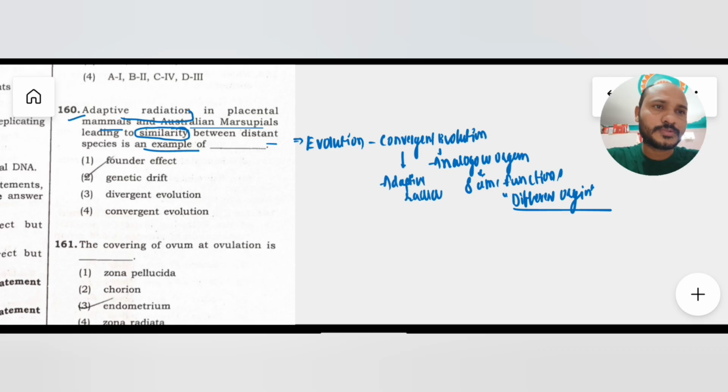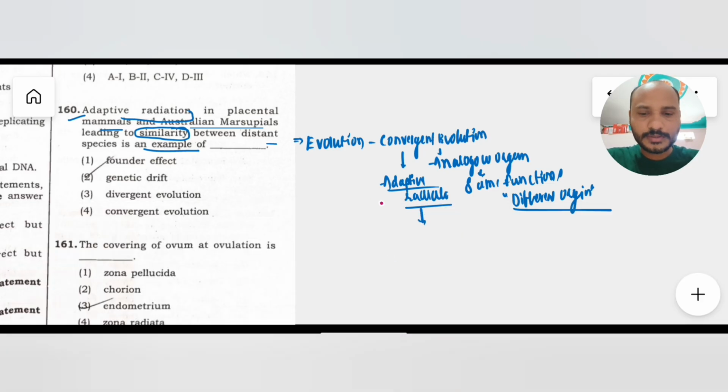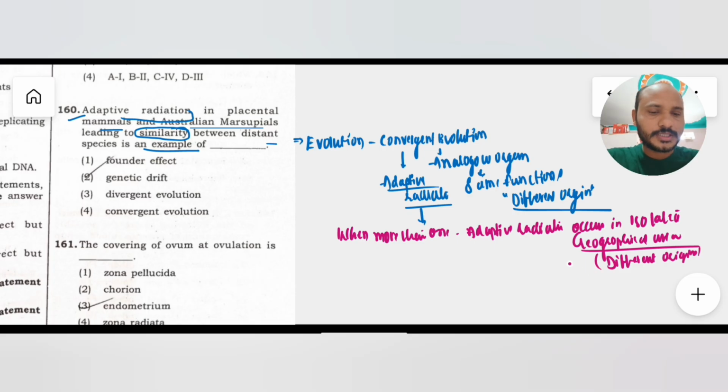So what is this adaptive radiation saying? It states that when more than one adaptive radiation occurs in an isolated geographical area, isolated geographical area means different habitats. So their origin is different, but they perform the same functions, and it leads to convergent evolution. So here in the question, an example is given of structural similarities between placental mammals